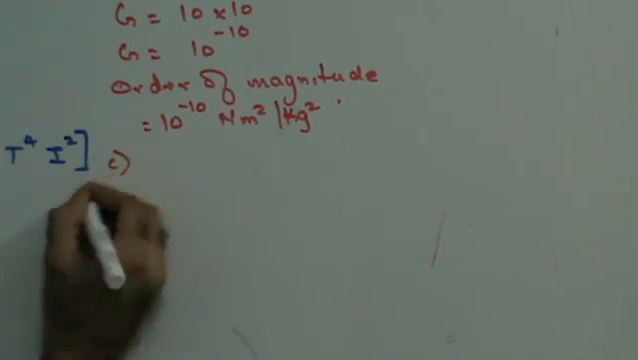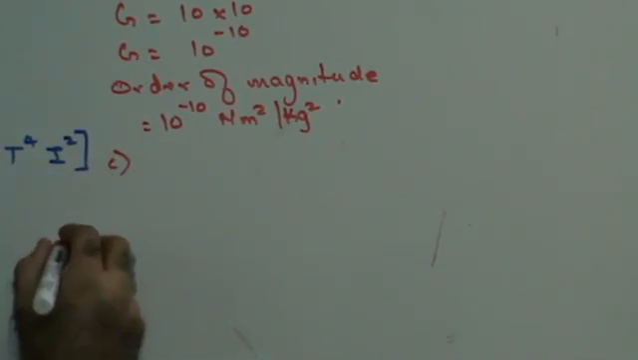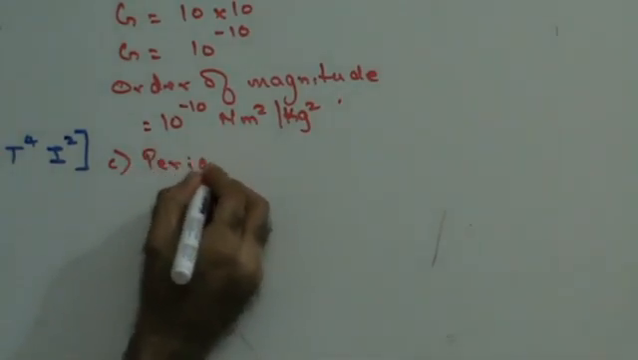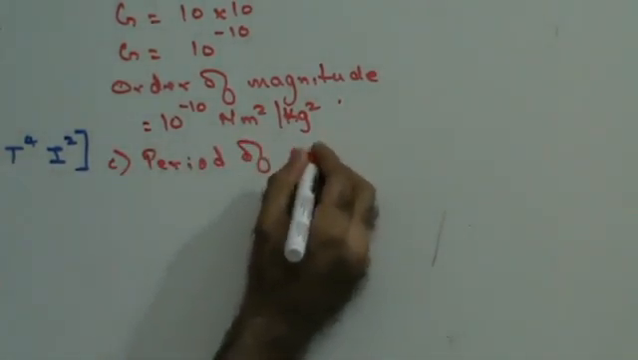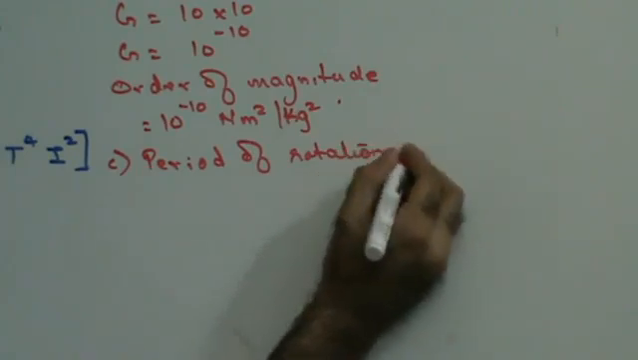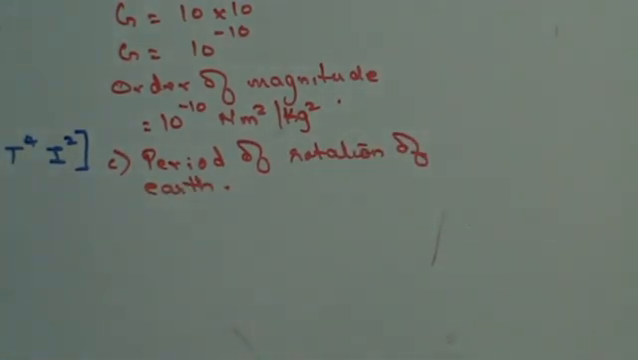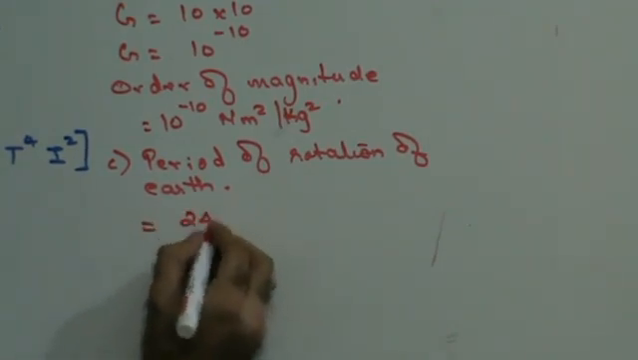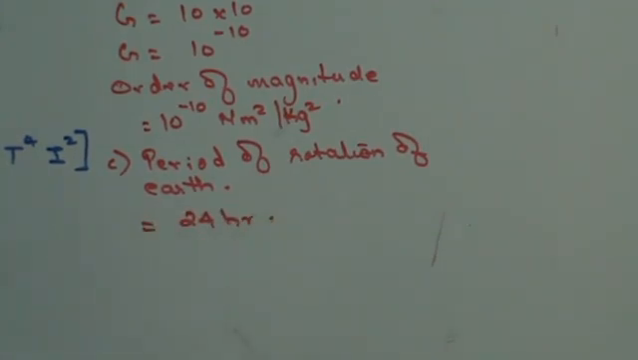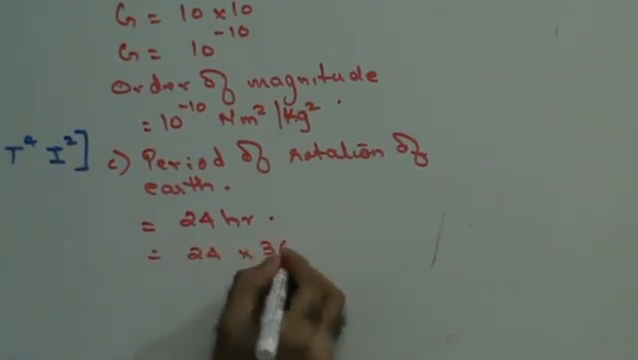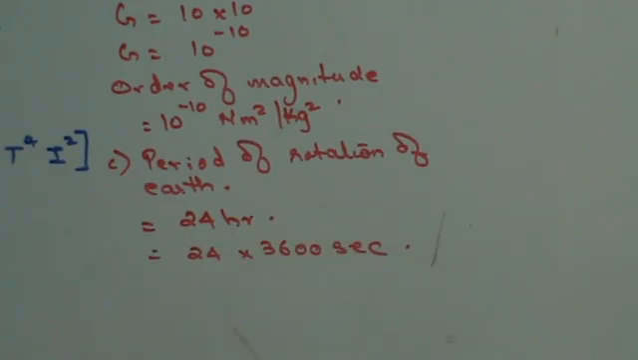Suppose if I give you another sum, period of rotation of Earth. Right? Period of rotation of Earth we know is 24 hours. Right? 24 hours is nothing but 24 into 3600 seconds. I am converting from hours to seconds. When you multiply this, this will be nothing but